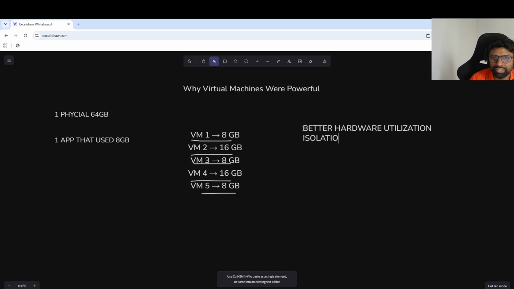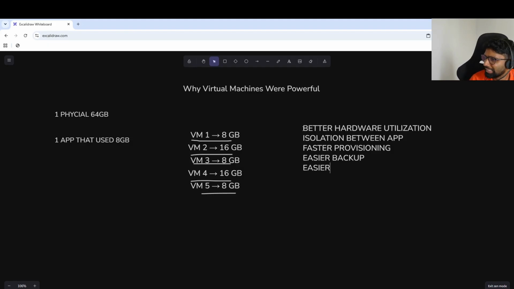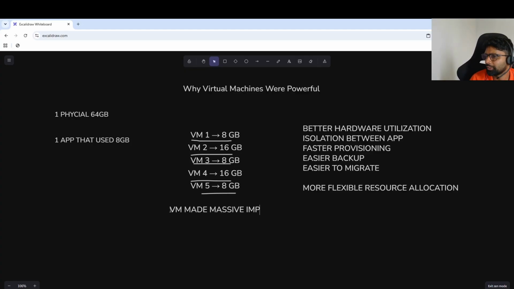Then isolation between applications. Previously, we did not have any isolation. Everything was installed on the same physical server. Followed by faster provisioning, easier backups, easy migration, and more flexible resource allocation. Virtual machines made a massive improvement, but they did not eliminate all problems.